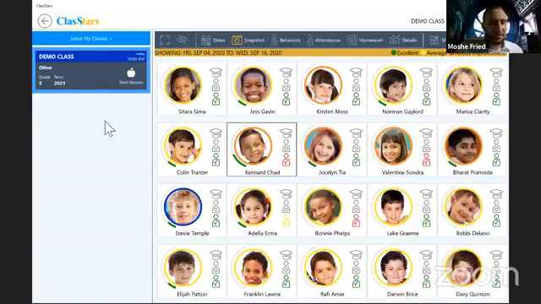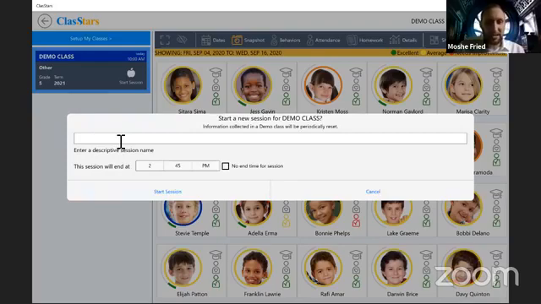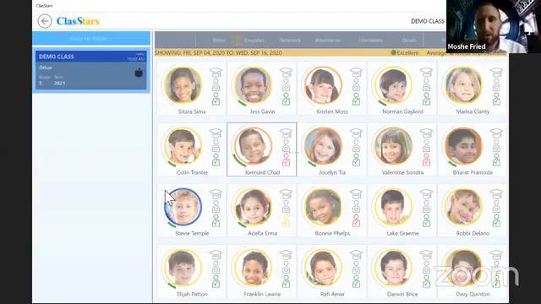So let me share with you the ClasStars screen. By now you know a little bit about how ClasStars works, but I just want to bring out this perspective, and I think that this is important. When you start a class with ClasStars, we're going to title this class Equity in the Classroom, because this is what we want to talk about today. So we're going to start the class.